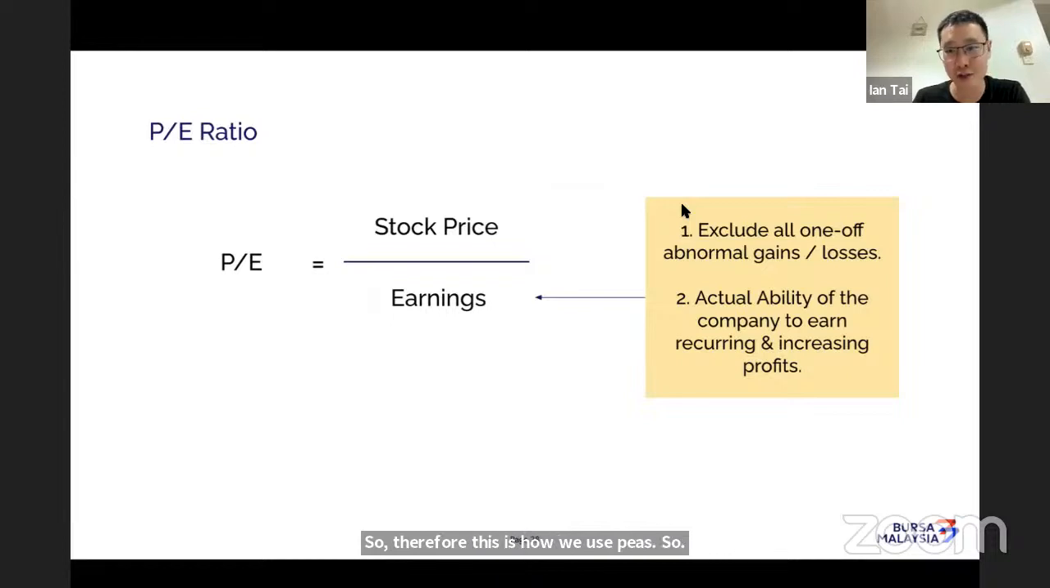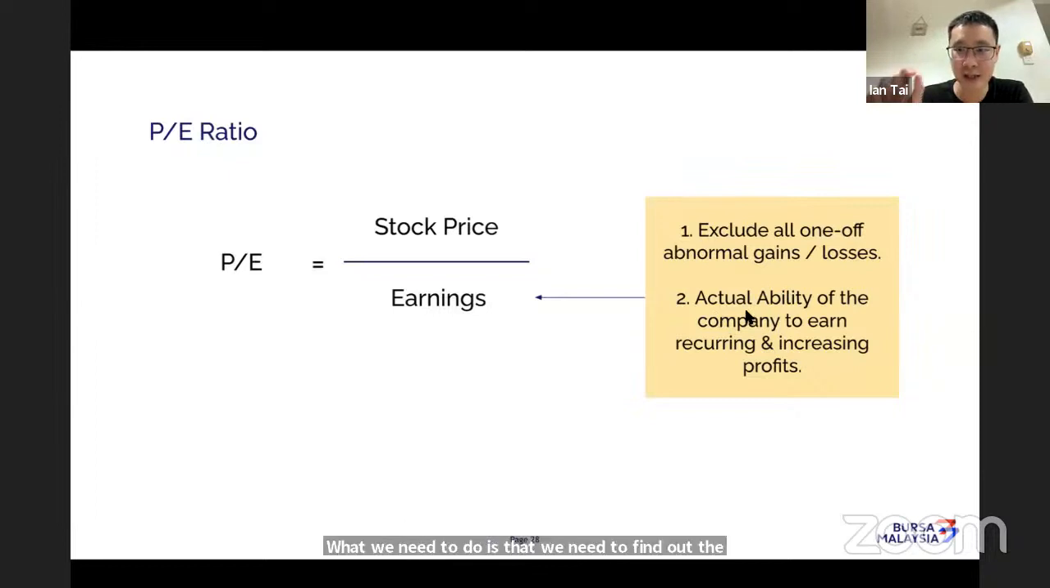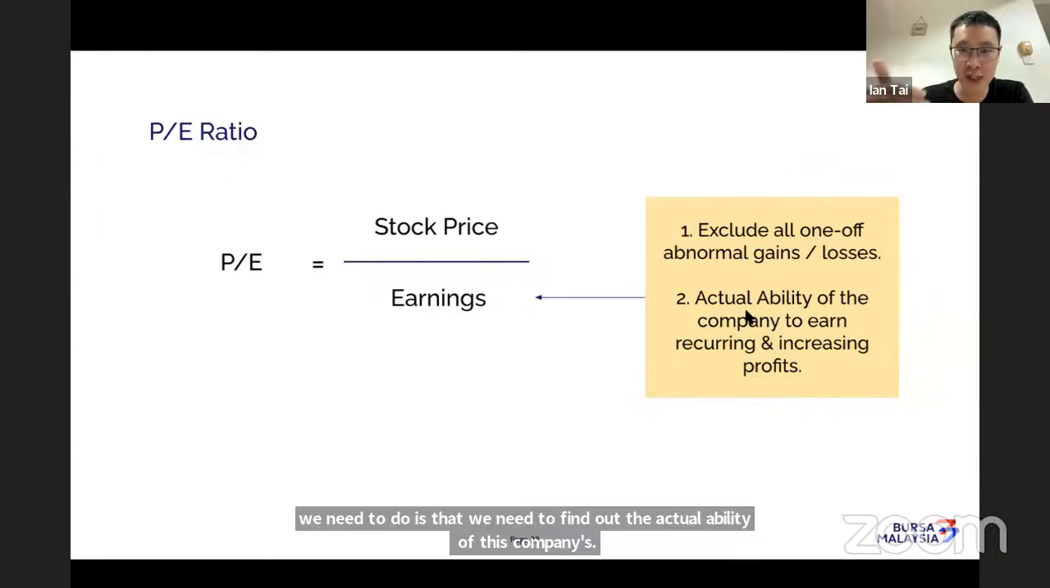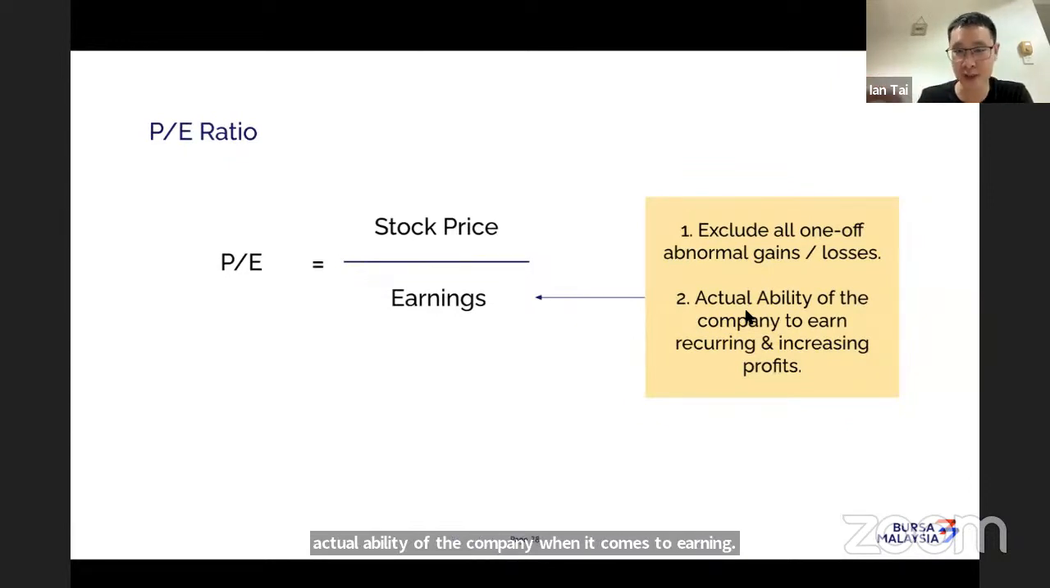There are 3 things, or I should say 2 things, that we need to look at. Number 1, exclude all one-off abnormal gains and losses. Anything that is not business operational, all right? We have to exclude those kind of gains when it comes to calculating PE ratio. Number 2, when it comes to earnings, we need to find out the actual ability of the company